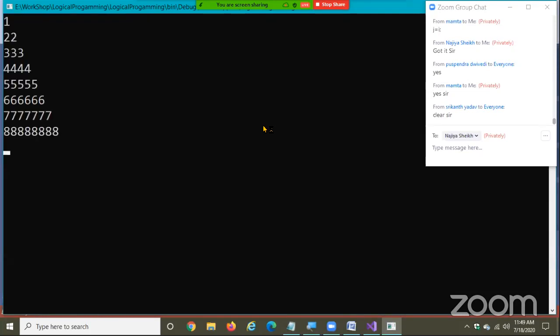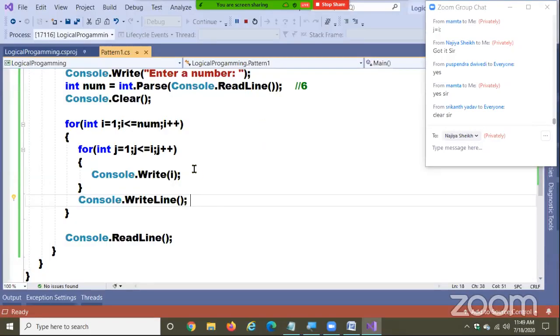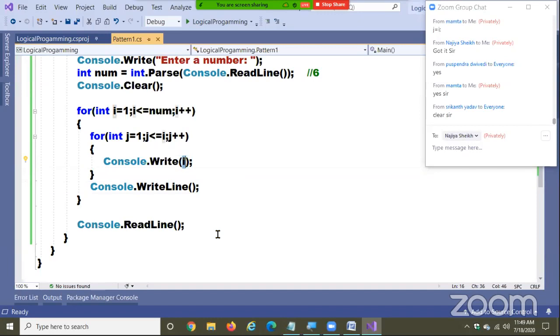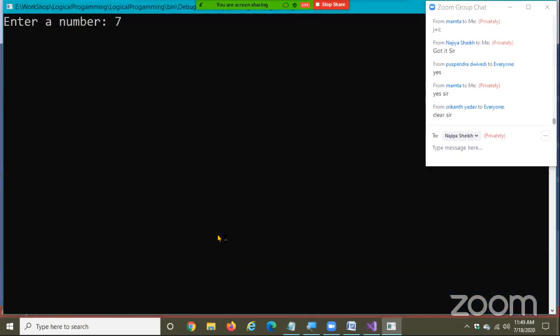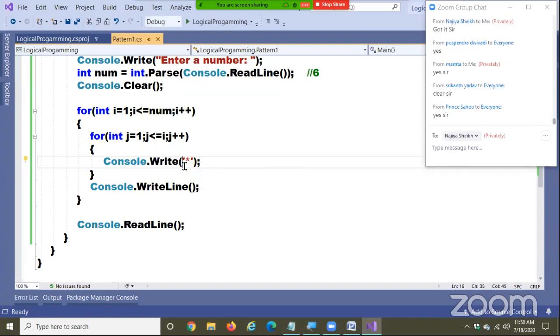Enter a number. I'm entering 8. See that? Whatever you enter, it will get you. So I want to print stars there. Whatever you want to print, you print here. If you want to print a star there, just write star. What you write, that will come here. If I write J here,